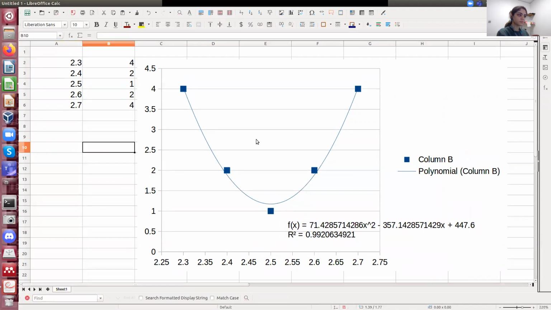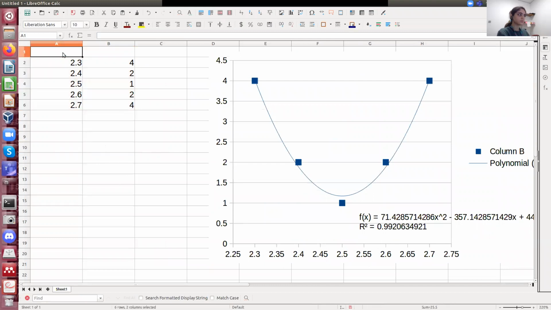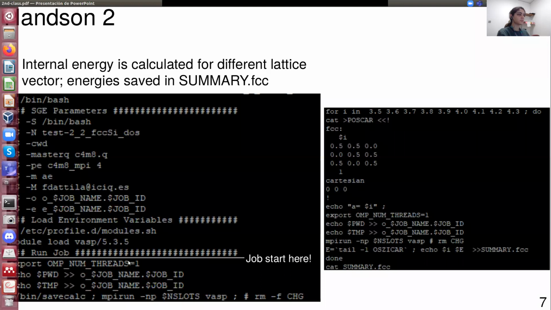But of course, you need to get these two things, where here is the lattice vectors and here is the energy from VASP. In order to do that, it's not as easy as the other time when you just needed to generate the run. You need to generate the run and then modify the run in the middle to add some of these lines, not all of them, because for instance this and this are repeated, so you don't need to repeat them. You just need to modify this script so that you can include what you want. So here you already start scripting a bit.